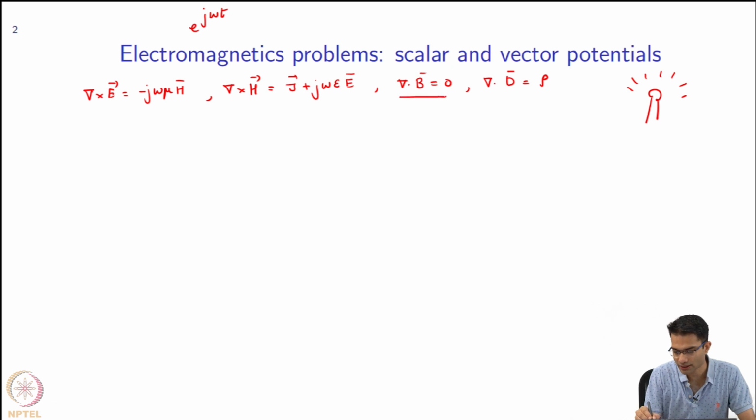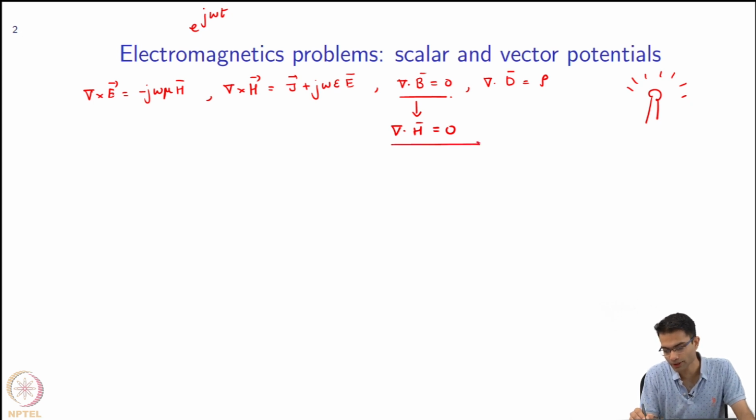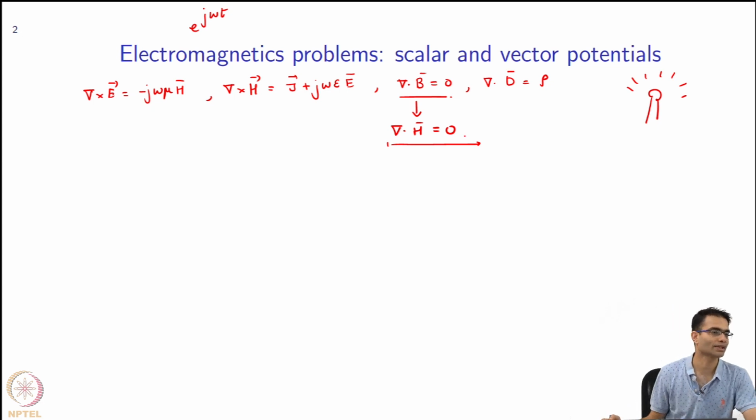So this condition over here I can rewrite as simply del dot H is equal to 0. So the starting point for these vector and scalar potentials is this equation over here. Okay. Looking at this, you can easily, by using your standard identities in vector calculus, see that this is satisfied by any vector of the form